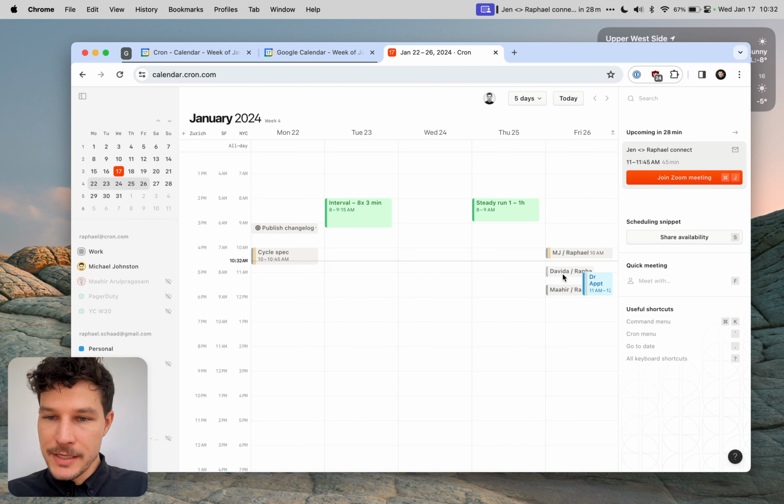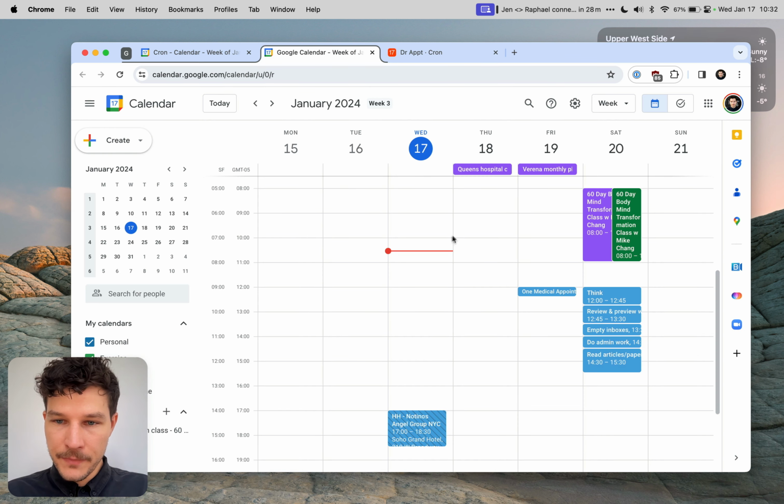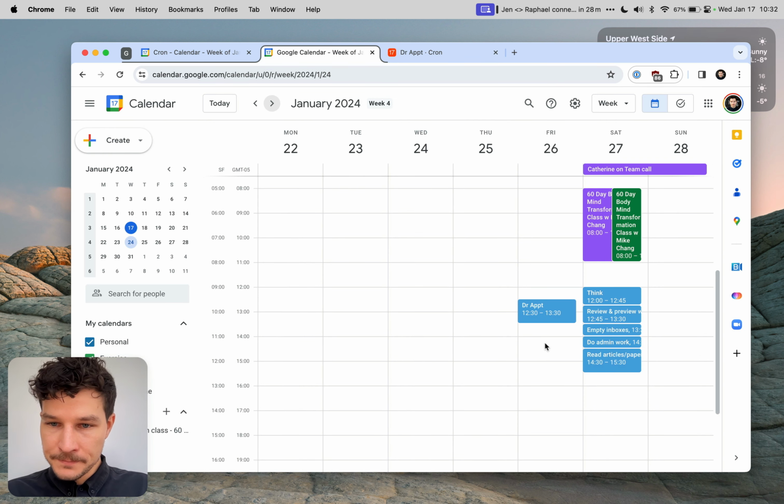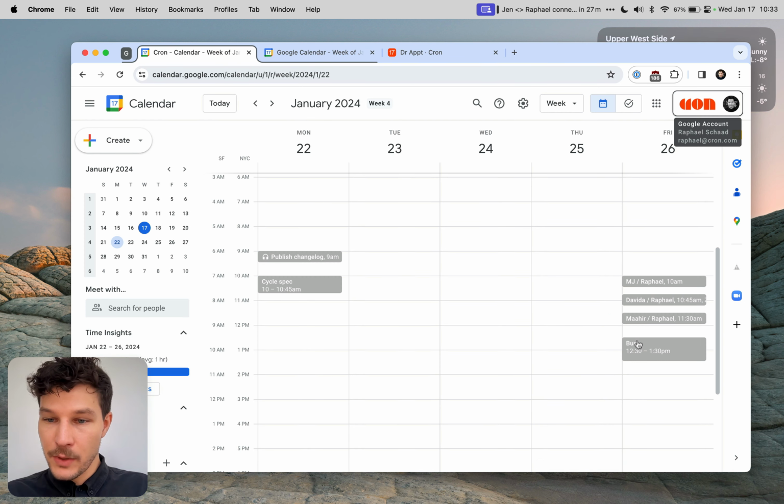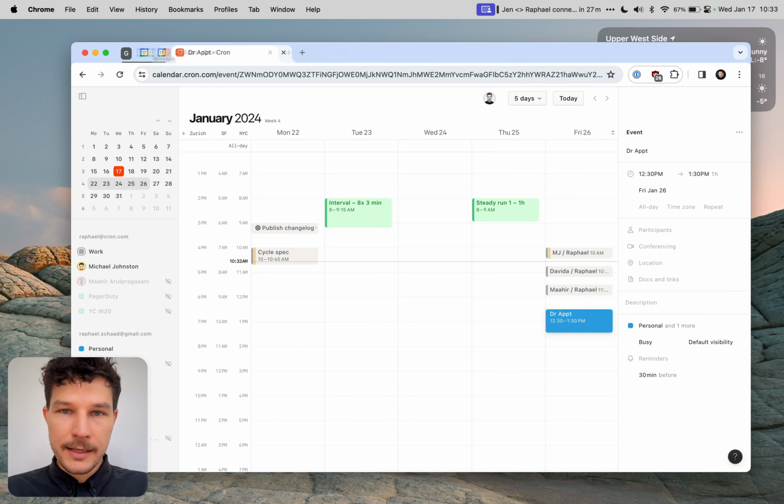So if I move this personal event on my personal calendar, let's go here. This is now moved to 12:30. Boom. This here syncs with it. So they always stay in sync. Right-clicking on this